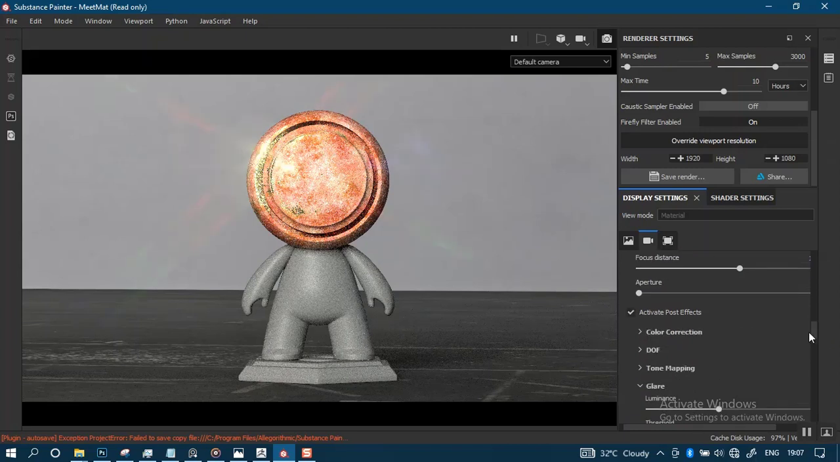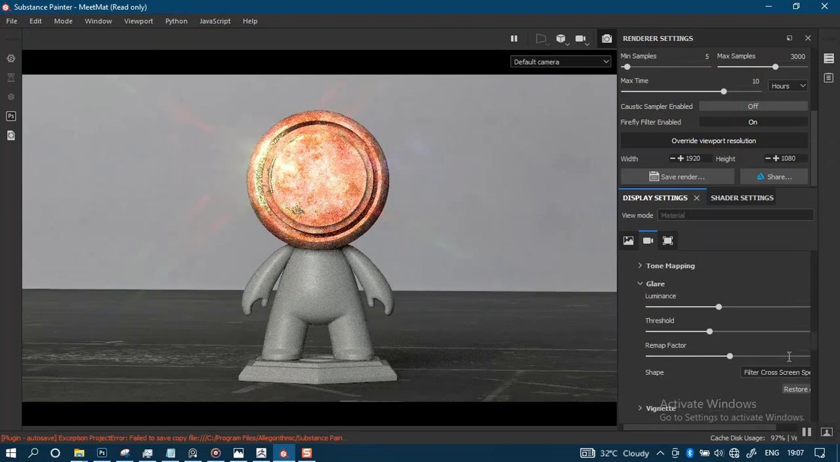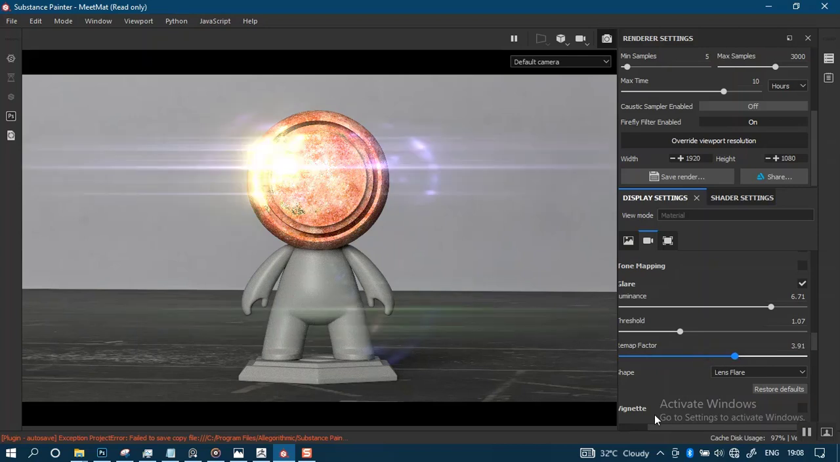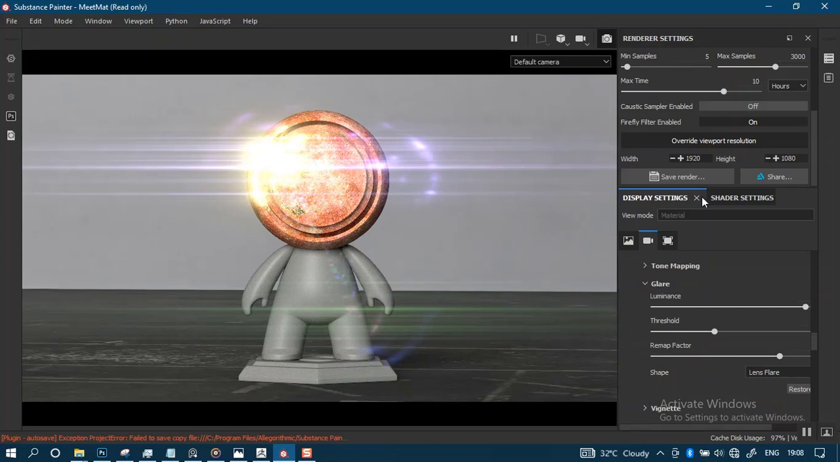Activate post process, activate post effects. Come in here, you can see how this is adding some kind of lens flare to this. So let's change this to bloom. Let's change this to something else. Lens flare. If we increase this, you can see how this is adding something in here. So you can actually work with some of this and create some interesting results for your